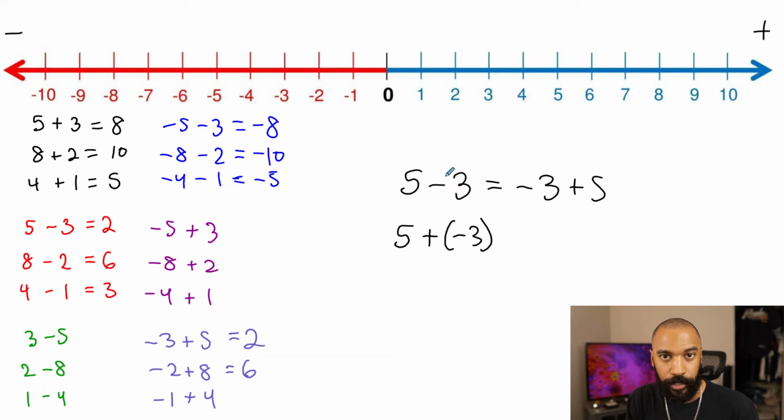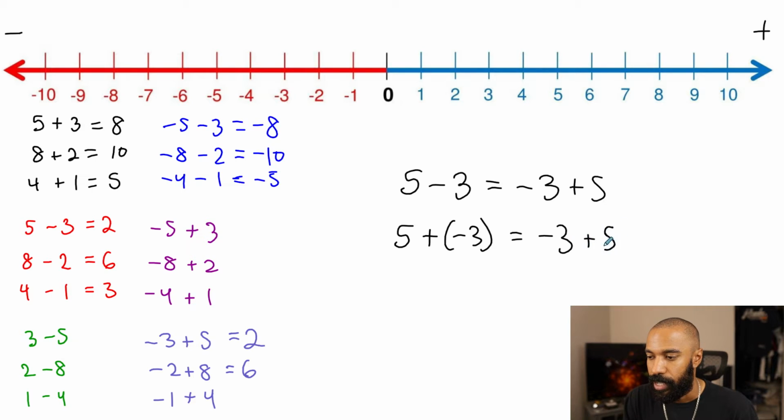Addition of a negative is subtraction, so subtraction is addition of a negative. Believe it or not, some teachers actually teach it this way. They want you to treat everything as addition and make the sign what it's supposed to be. Like the 5 is positive and the 3 is negative, and when I add them, blah, blah, blah. But,